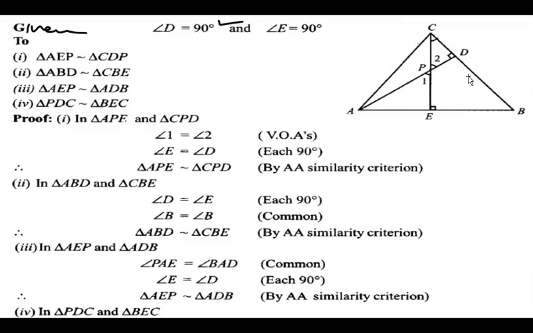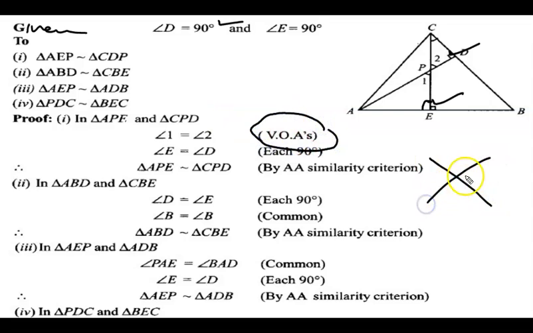Firstly, in these two triangles, first is APE. So we take A, P and E here. So this is 90 degrees, because if this is 90, this has to be 90. So 90 is equal to 90. So these two angles are the same. Then angle 1 is equal to angle 2. Why? Because they are vertically opposite angles. And as you are aware, when two lines cross each other, vertically opposite angles are equal.